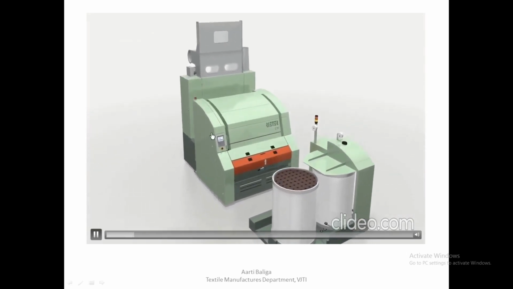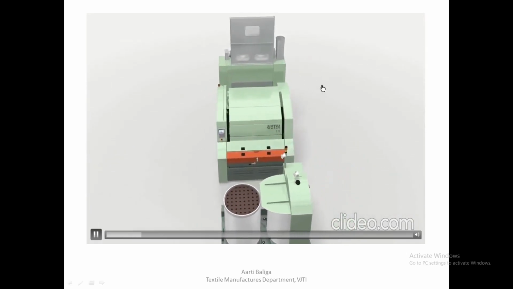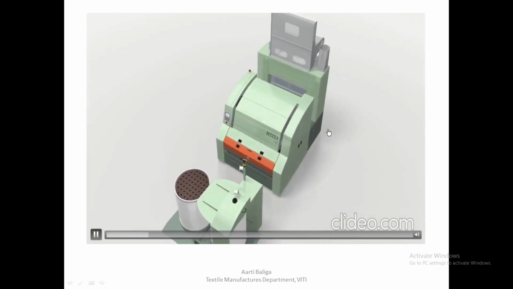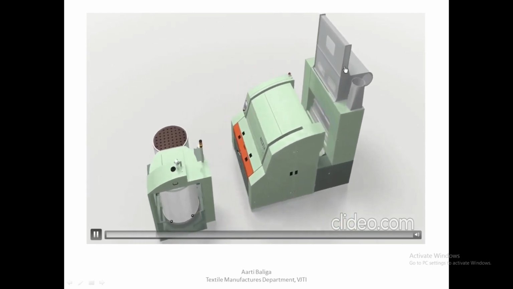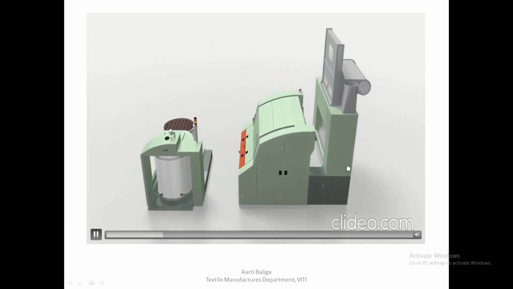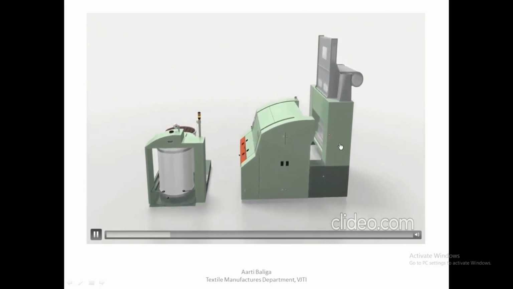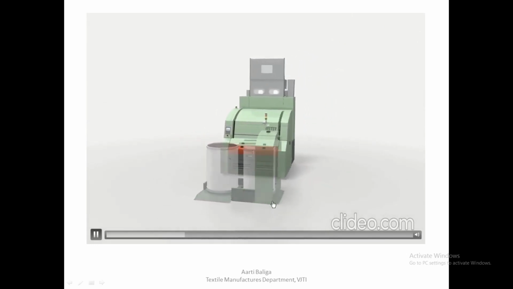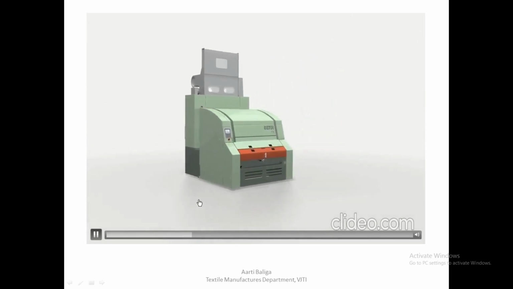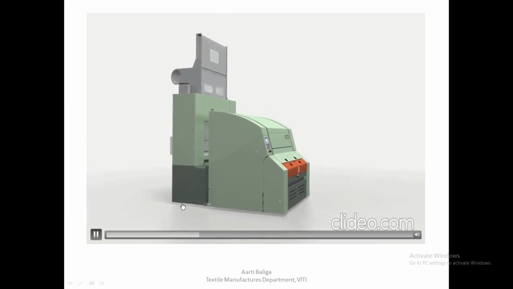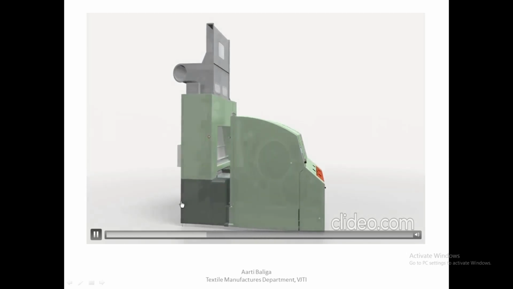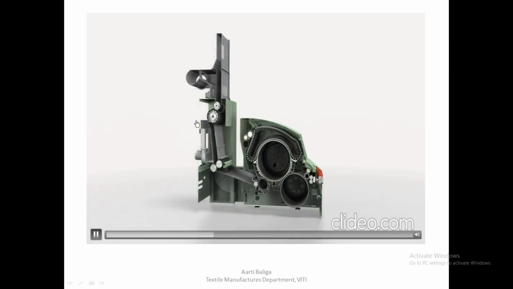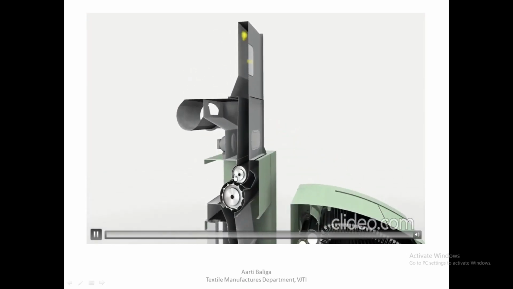So this is the outer appearance of the card. This is the chute that we have just seen in detail. We'll see the animation of this. As one can see, this is a two-piece chute, where this is the upper portion where the material is entering.